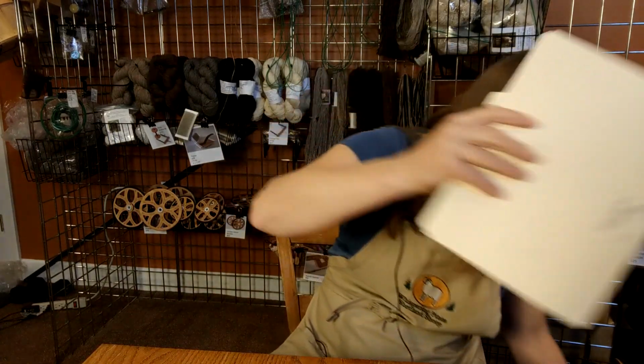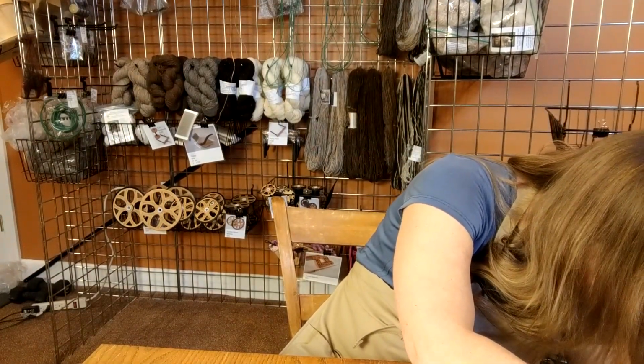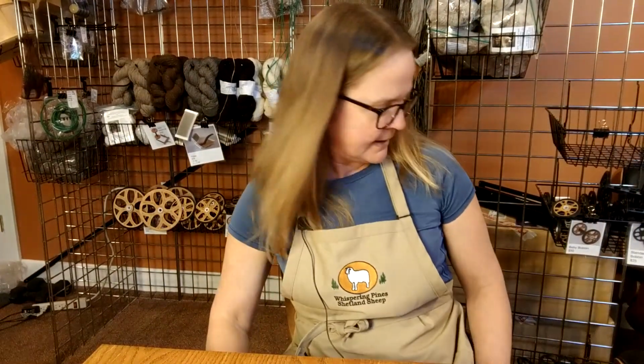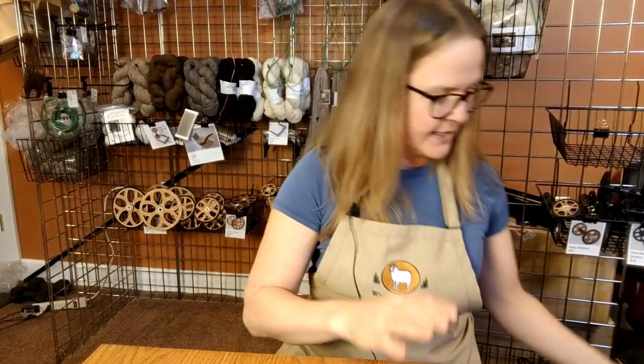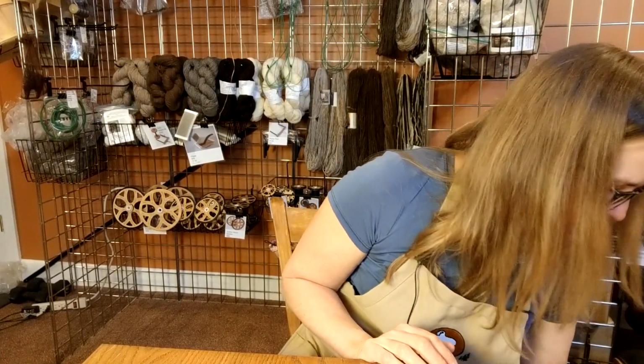All right, so that's the hard copy folders, and I'm going to put this back in here in order so that the next time I want to refer to somebody, I have it all nice and straight. Okay, so those are the sheep that are in the flock. They're here today. If a sheep gets moved to another farm,